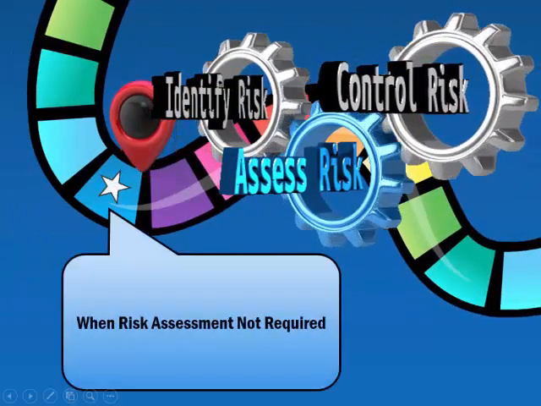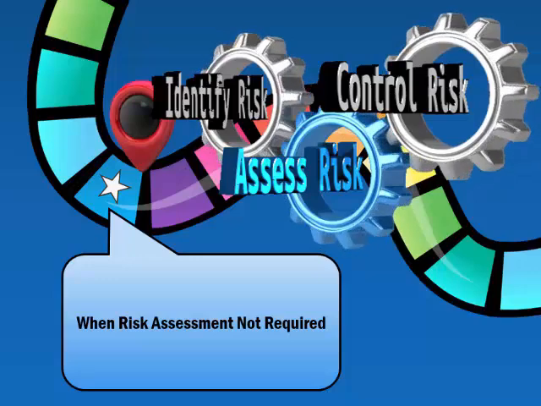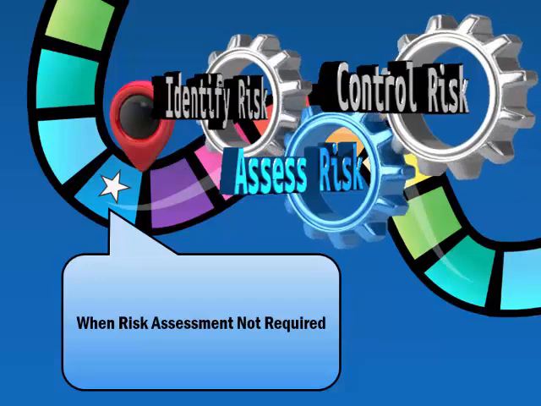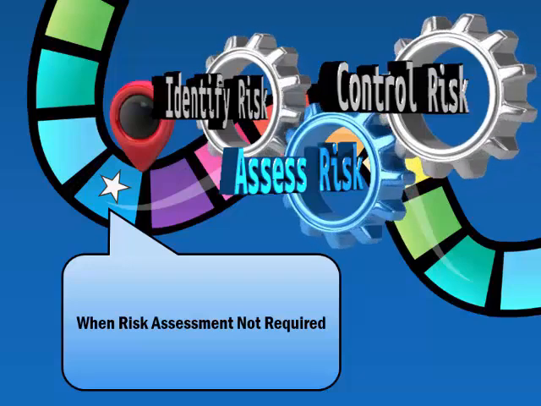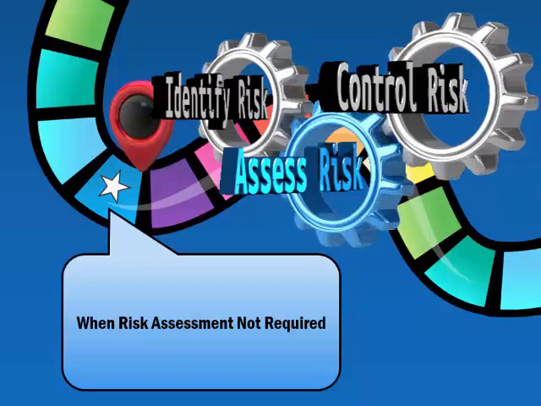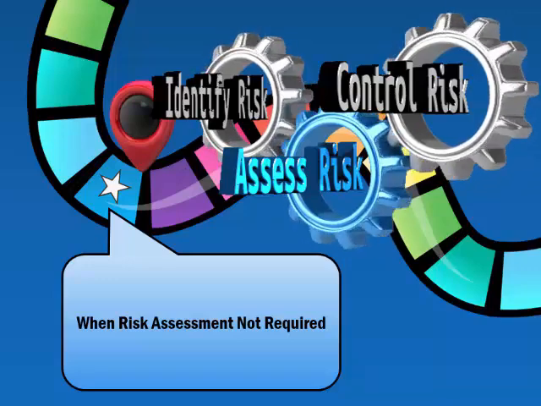When is risk assessment not required? A covered entity or business associate has the discretion to provide the required notifications following an impermissible use or disclosure of protected health information without performing a risk assessment. Depending upon the circumstances, the department may opt to do a notification following a privacy incident or privacy violation that does not rise to the level of breach.